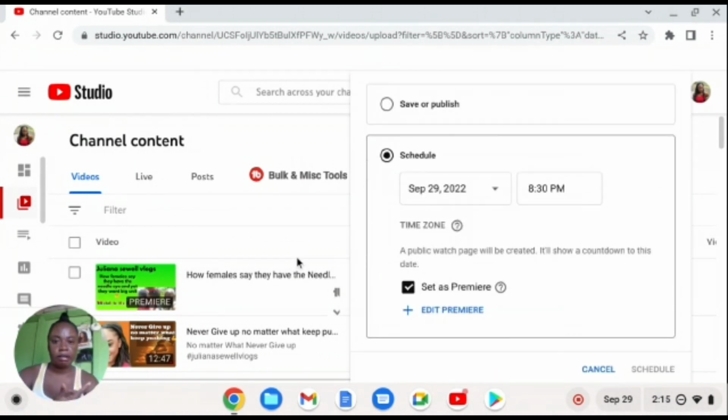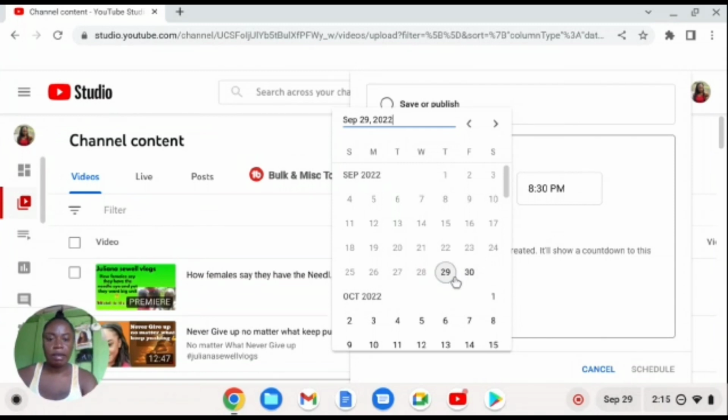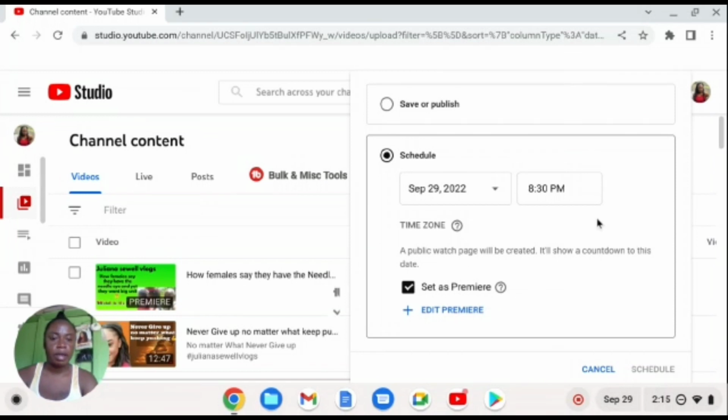Normally you'd see unlisted, right? So here you click where you see the mouse is. You select the date that you want the video to go out. For instance, you click the 29th, and then you set the time and everything, and you'd see Set up premiere right here. So you would select it, and what that would do,